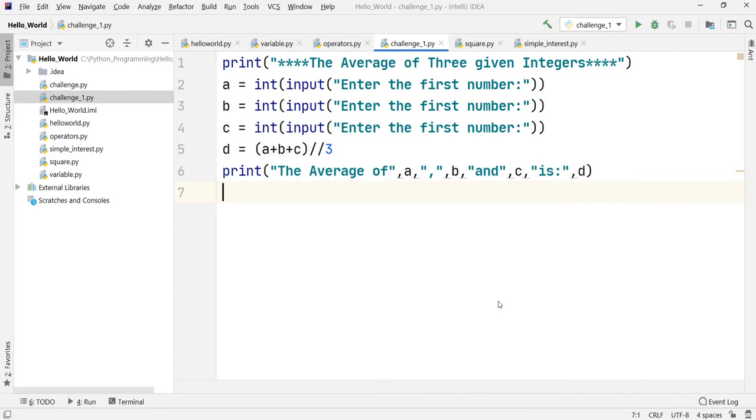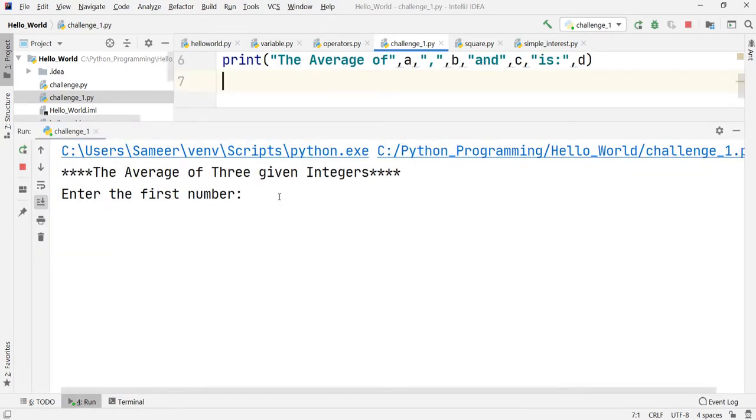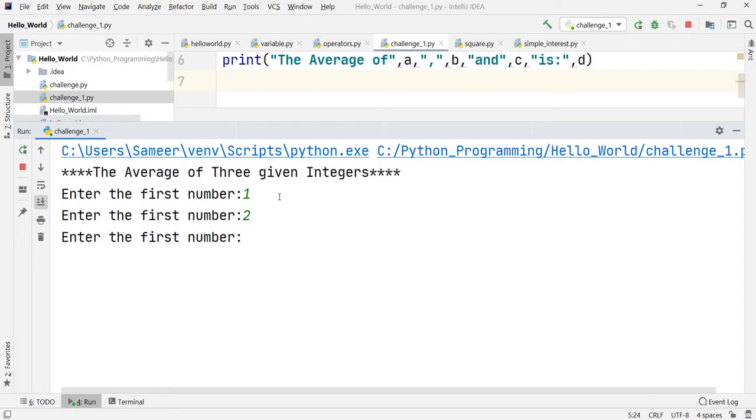I'll just run this code. Let us zoom in and check whether we are getting the output. I just put my first number as 1. Again I'll put my second number as 2, and my third number as 5. Let us rerun it. I think I missed that, we wanted to put that number as 3, right?